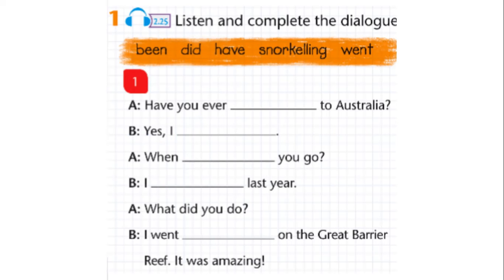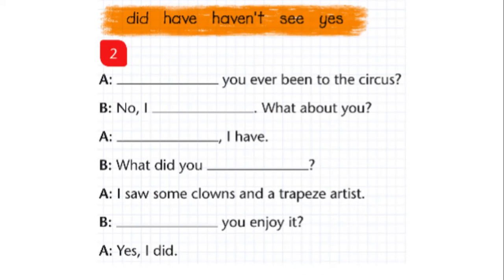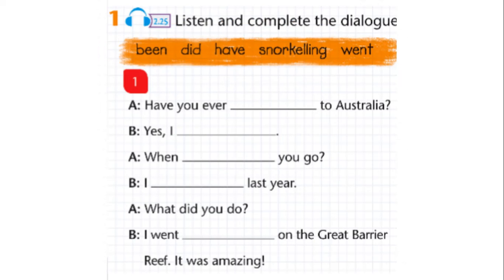Today, we are going to do a review of Unit 6. We are going to start by listening to two dialogues. This is 1 and this is 2, but we will get to that one later. Notice how you have some words in orange. You have to put those words into the spaces of the conversation. Pause here so you can quickly read the sentences and the words in the box before I play the dialogue.